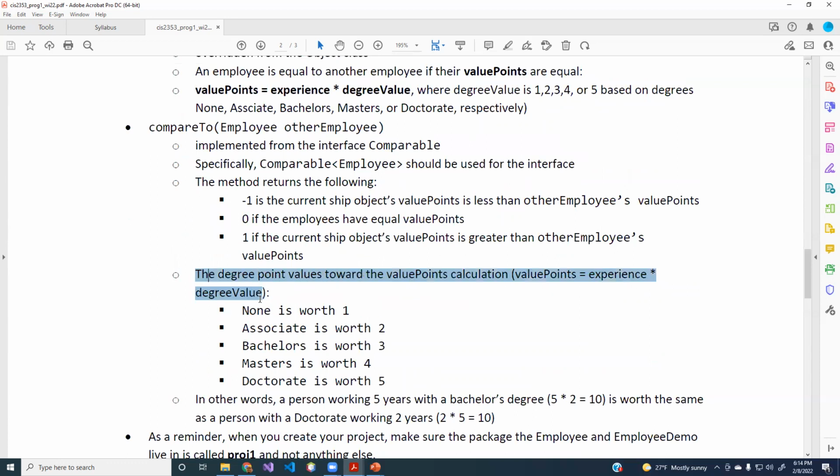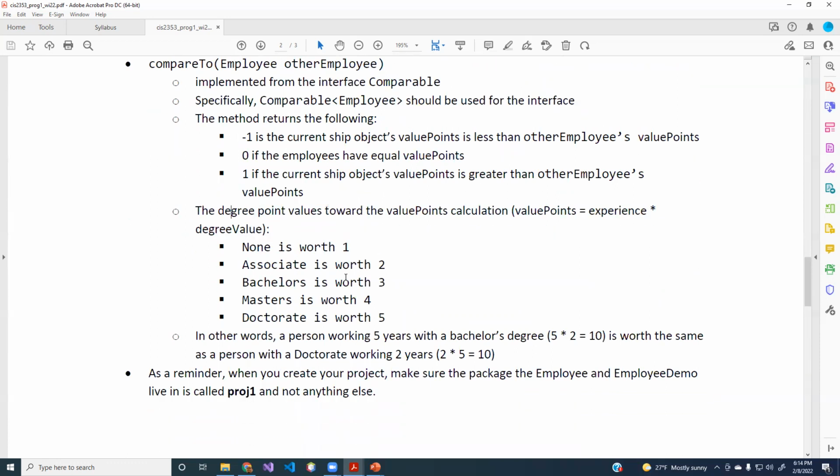Okay, so the degree points that go towards the calculation look like this. No degree is 1, associate degree is 2, bachelor's degree is 3, master's degree is 4, doctorate is 5. And then the way they calculate it is you take your experience in years times the degree value. In other words, a person with 5 years with a bachelor's degree would be the 5 years of experience,